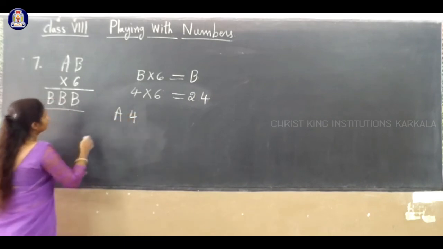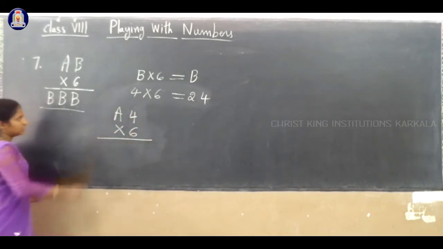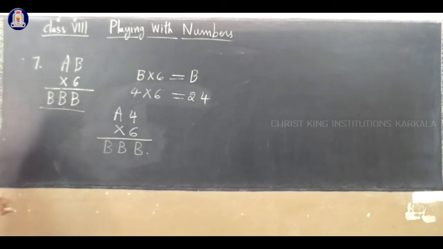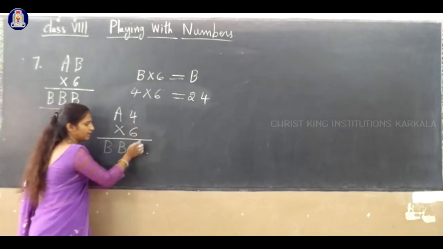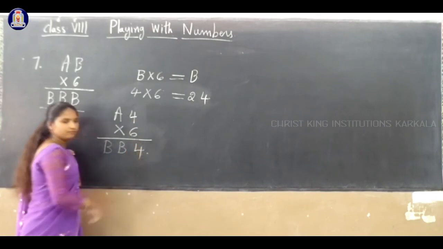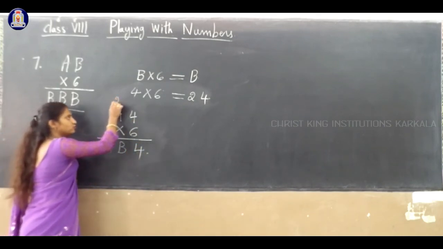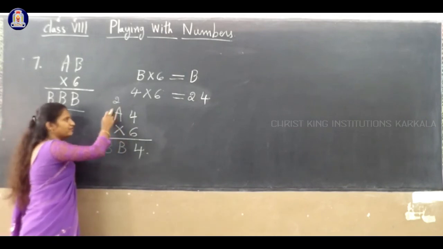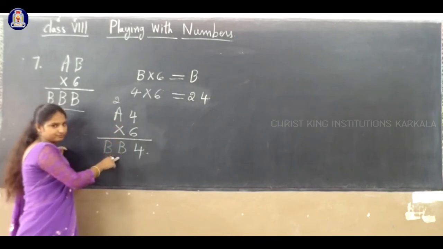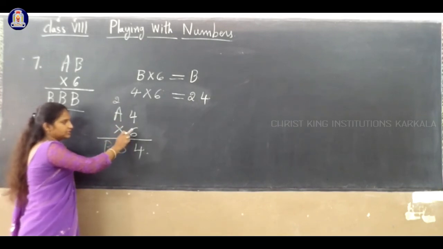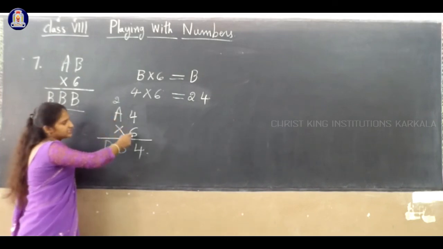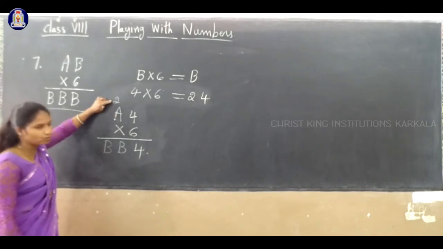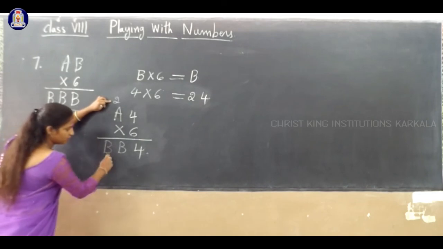We considered 4 into 6. The answer we must get is B and B, correct? Now multiply and see. 6 4s are 24. Remaining 2 you must add in the next step. So 6 into A. What value can we give to A? The answer should be 4 here. For example, if you consider A value is 2, 6 2s are 12. 12 plus 2, yes, correct, 12 plus 2 will get 14.